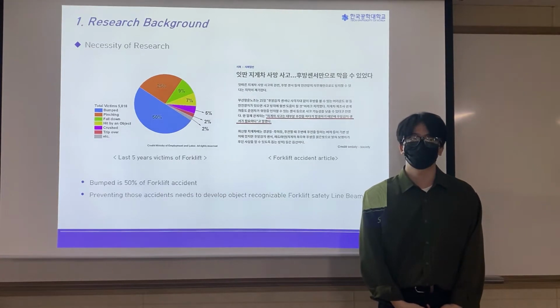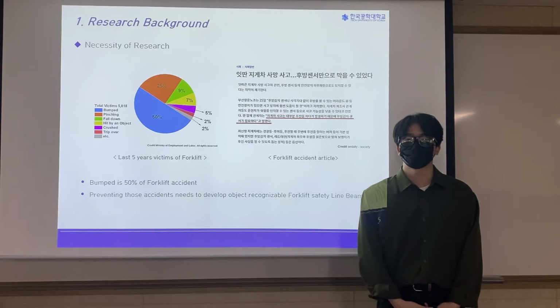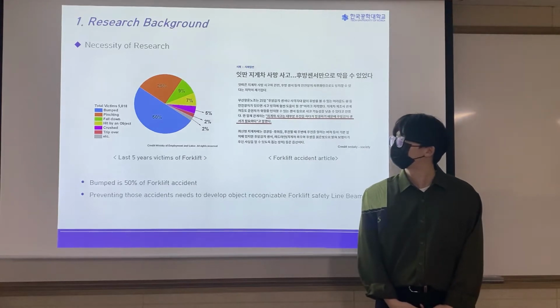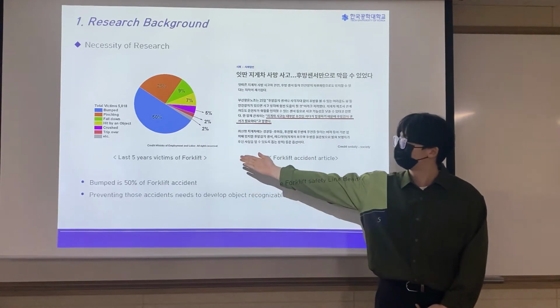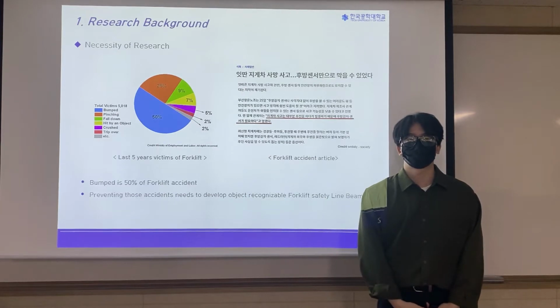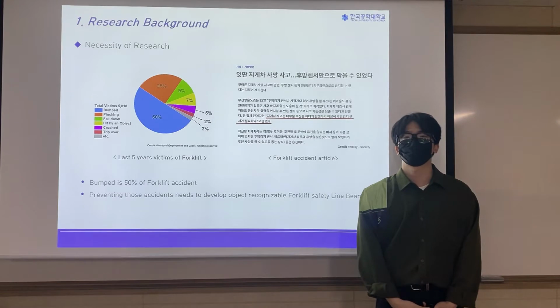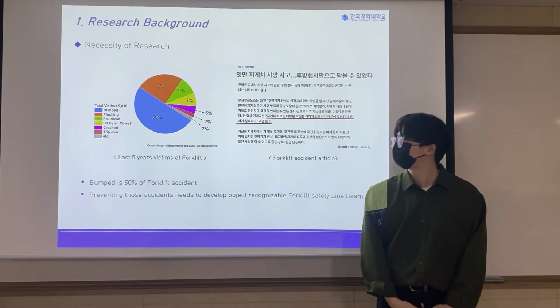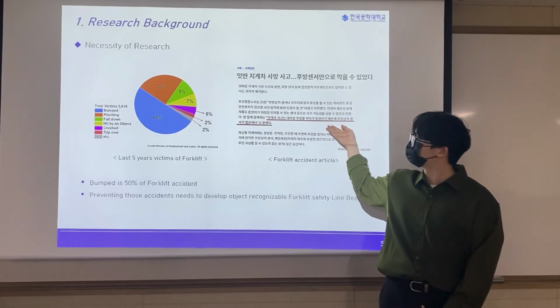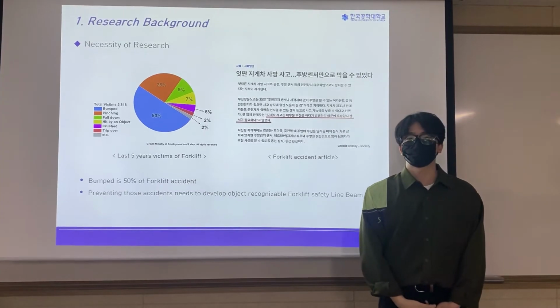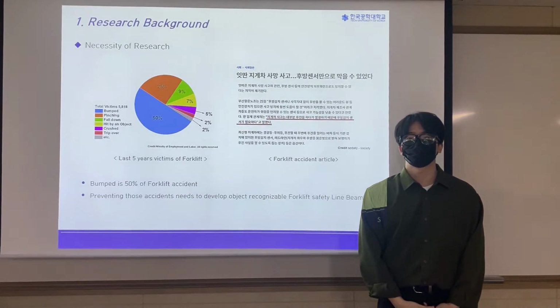On this page, I will talk about the necessity of our research. Line beams are already used to prevent forklift accidents in many industrial sites. But as you see in the graph on the left, accidents between workers and forklifts still accounted for more than half over the past 5 years. And look at the underlined part of the article on the right. You can see that most forklift